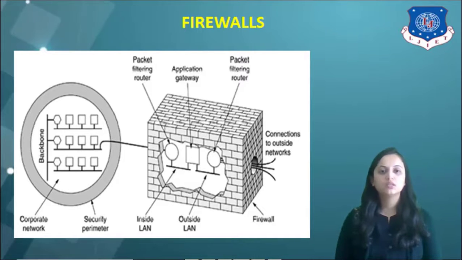Here with networks, some tricks are possible. That means a company can have many LAN cables connected in arbitrary ways, but all traffic to and from the company is forced through an electronic drawbridge, which is called a firewall, as shown in this figure. As you can see from the figure, a firewall is indicated which consists of two packet filters and an application gateway.